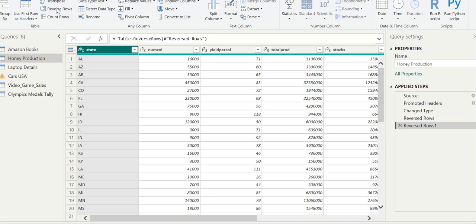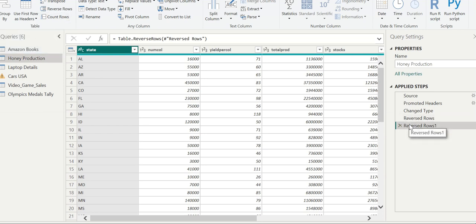Let's simply perform a count rows operation. All this does is summarize the data set. By this count rows, we can count all the rows of the data set, and this is basically used to summarize the data set. So the point is to get the number of rows which are present here, which we really need in our reports.